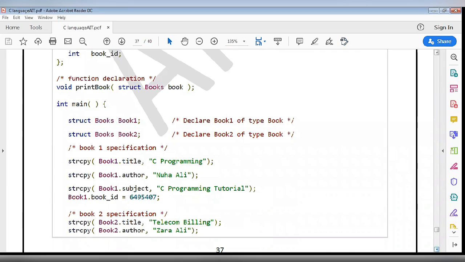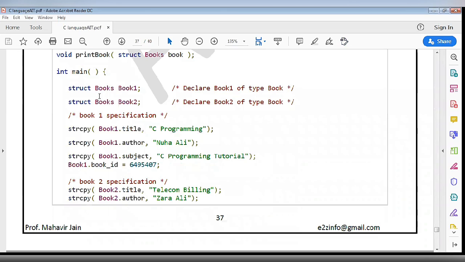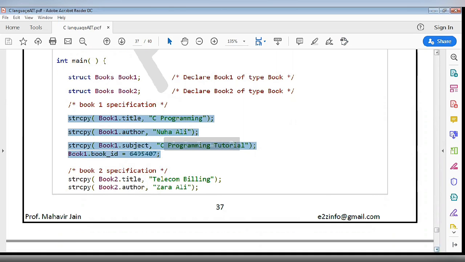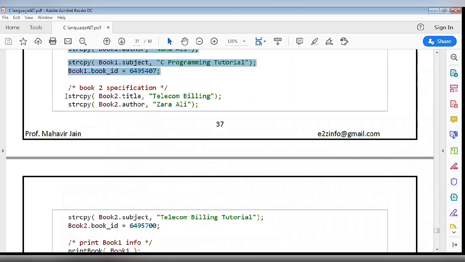Here in the main function we have declared the two objects of the structure books, struct books book1 and struct books book2, and we have used the same strcpy function for assigning values to book1.title, book1.author, and the book ID.